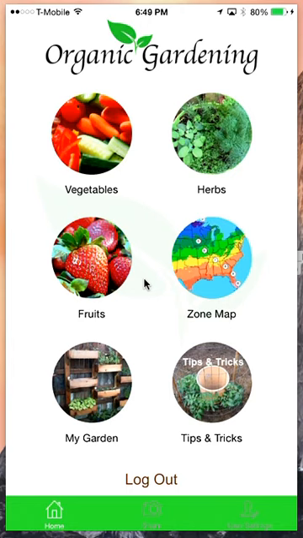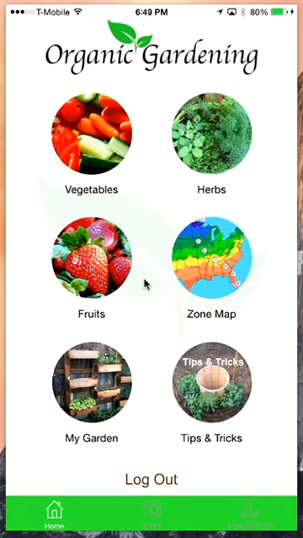It's a UI alert that's going to pop up just one time, either when they click on vegetables, herbs, or fruits. The reason I'm doing this was because part of my testing that I did last week, when I wanted the user to actually add a vegetable or a fruit or a herb to the list of, say, vegetables, it was a little confusing to them because they kept going back to adding it to my garden instead of clicking the add button that is in the list view. So I put an alert that'll pop up the first time they log into the app, just to give them a little